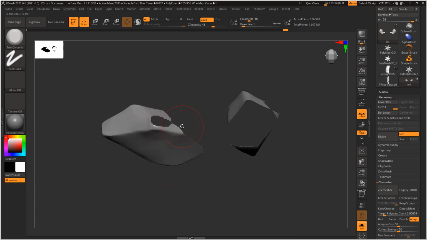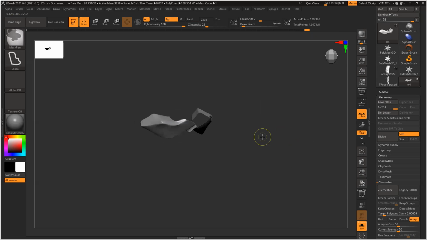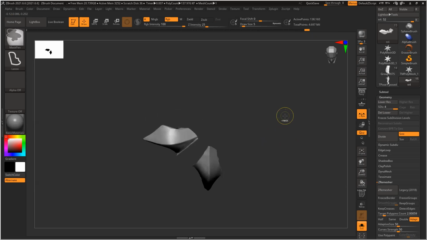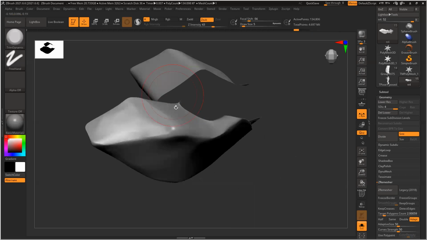So to increase the selection, what you can do is Control Shift X. If I hold it, it will increase the selection. So you can see, I'll get this nice selection. Now I can work on all these areas and make it really clean and sharp without affecting other areas.